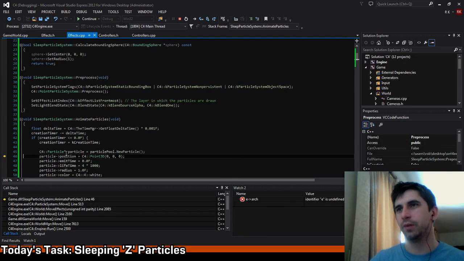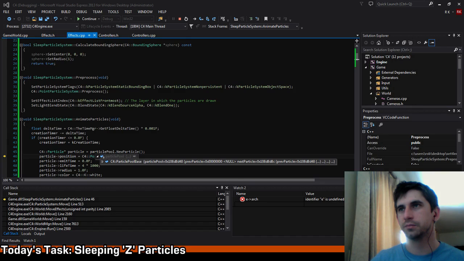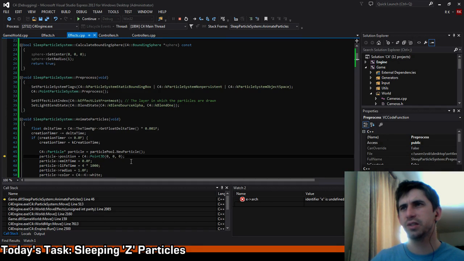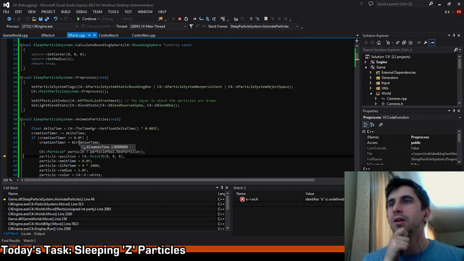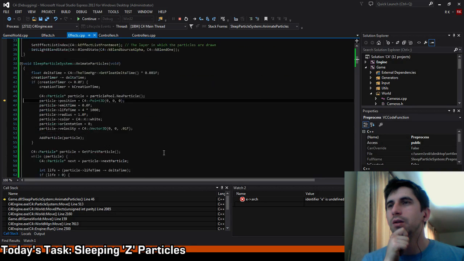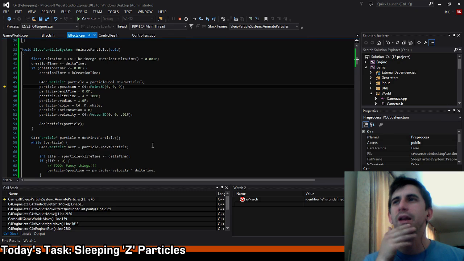Oh god, what? Why did it break? So the particle system is, I thought it was disabled. I don't see any of them generating particles. So why in the world